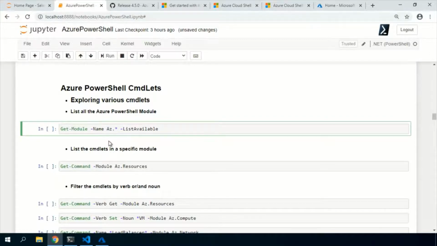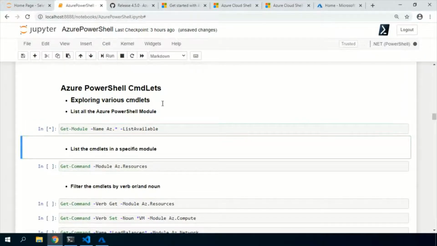Here I should mention one thing: Az is kind of a helper module. When you install Az, it is not an actual module, it is a helper module. When you try to install or load it, it will load all the actual modules, and all the actual modules will be prefixed with Az dot. I'll show you in a moment.